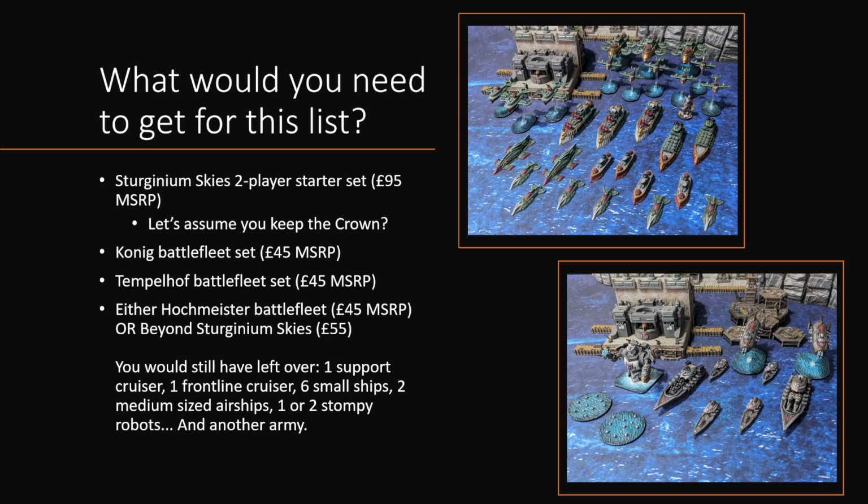Imagine that you're the first player in your group who wants to give this game a go, and you haven't really found someone else to split it with. Worst case scenario, you would also need to get a König battle fleet set to get that flagship, which sets you back £45 in MSRP, and you would also need a Tempelhof battle fleet set, which sets you back another